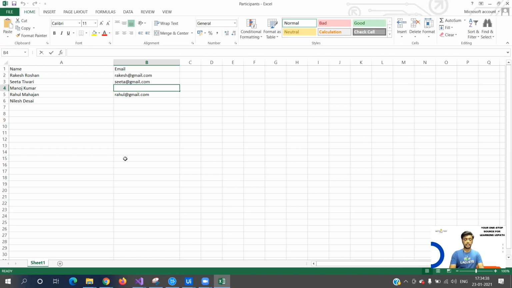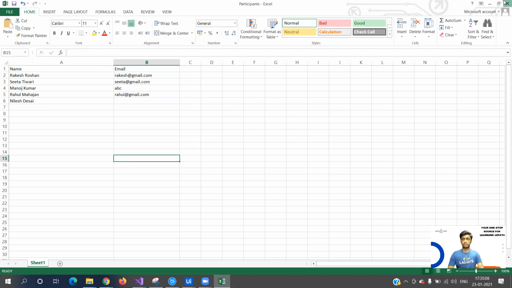So let me type ABC, and this is empty. What we are going to test is whether each name in the name column has a valid email address or not. This is the test case that I'm trying to build. It is a very small test case. I know it does not involve a major part of the workflow, but since we are exploring and learning, that is the reason I am having this small data. So now we are going to verify that each name has a valid email address or not.